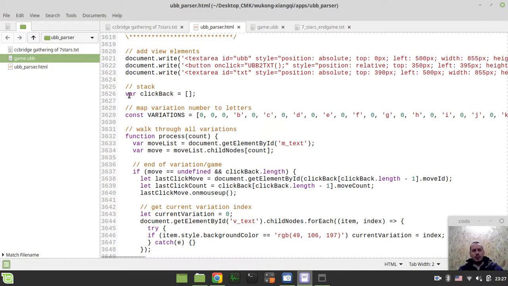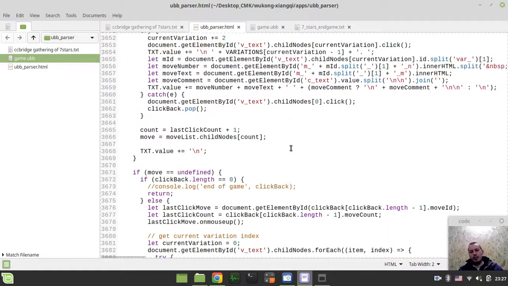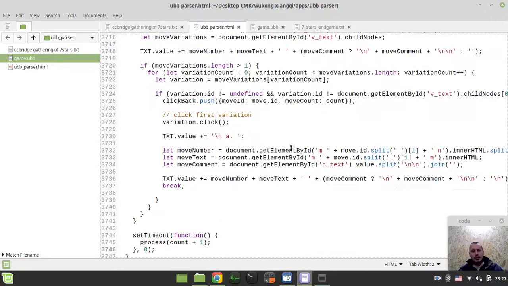So click back is literally a move stack. I'm just pushing and popping these moves back and forth. That's how I deal with the nested variations basically. And also I'm associating, so when I push to the stack, here, I'm not only pushing the move ID,